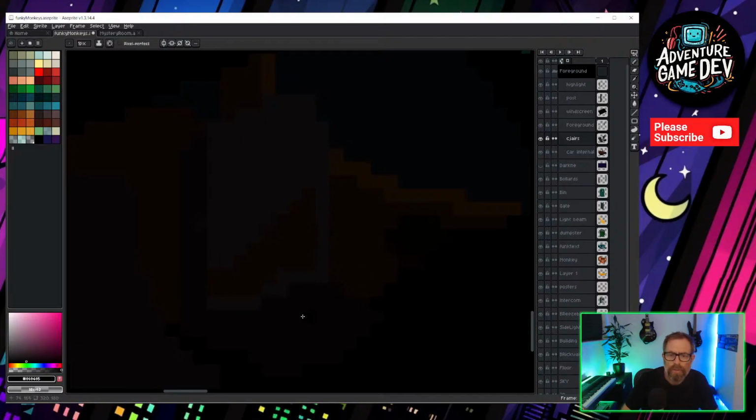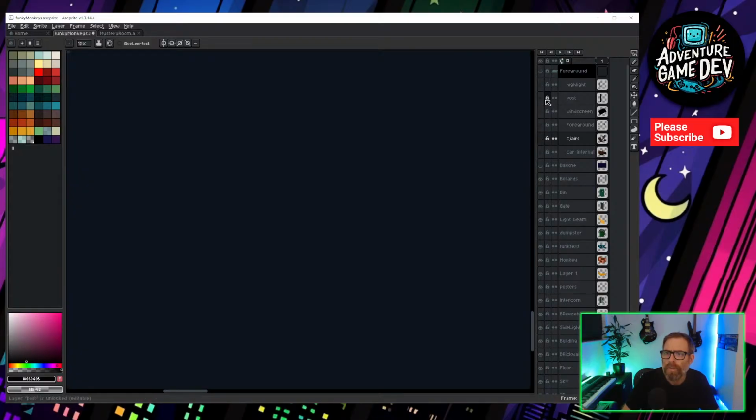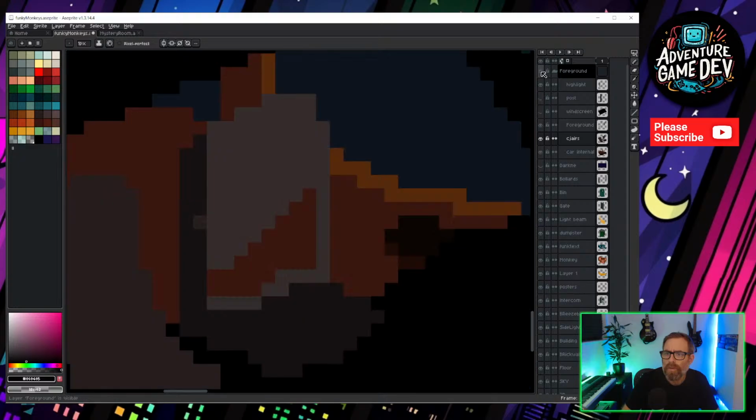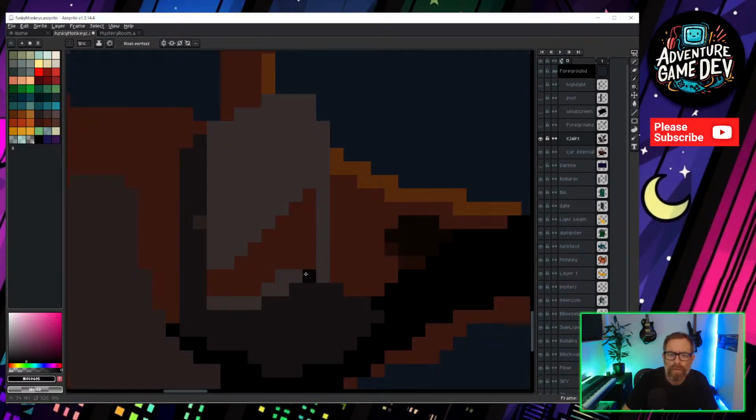Not that dark though. Alright, I'm sampling from the wrong thing here. I'm picking a colour that's behind something else. Let's just turn that off and that off. So that is the light coming in over there.